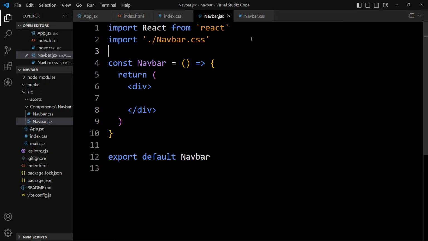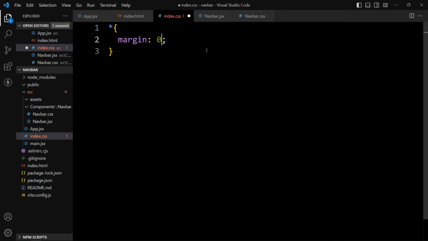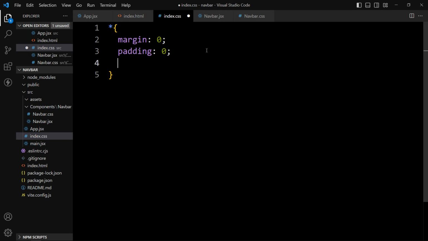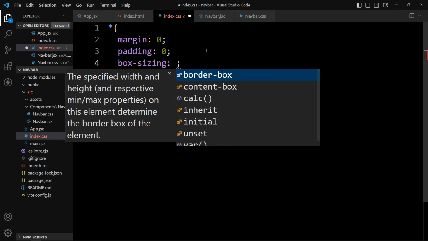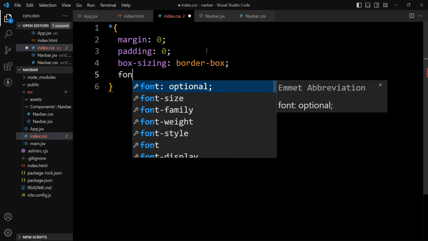Now we will add some CSS properties that will be applicable for the complete web page. So here we have the index.css file, and in this index.css file I will add star that will apply CSS properties for all the HTML elements. So here we will add the margin 0, then padding 0. Let's add the box sizing, border box, and we will add the font family,